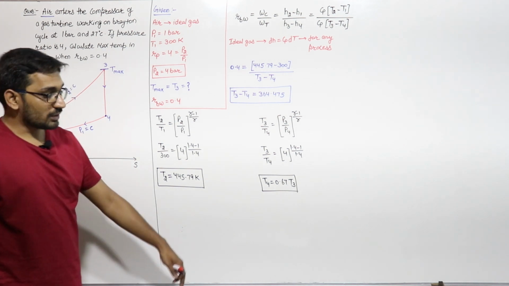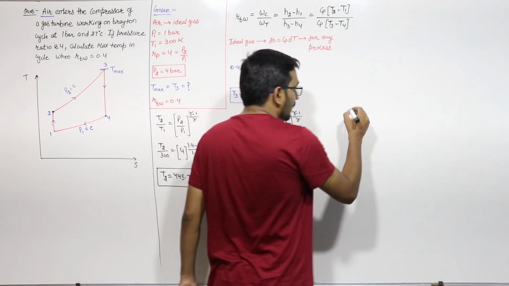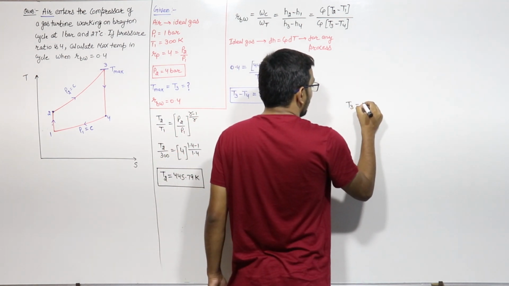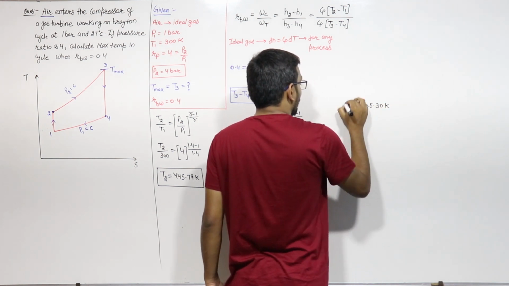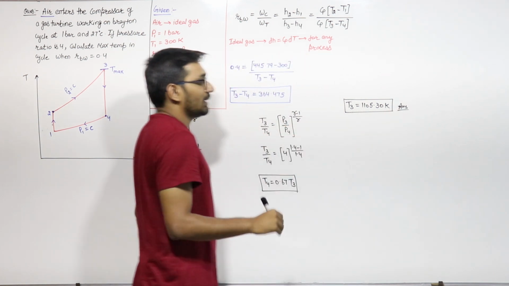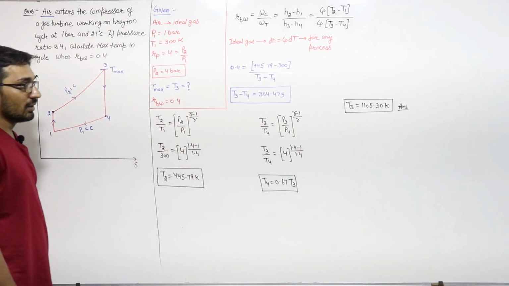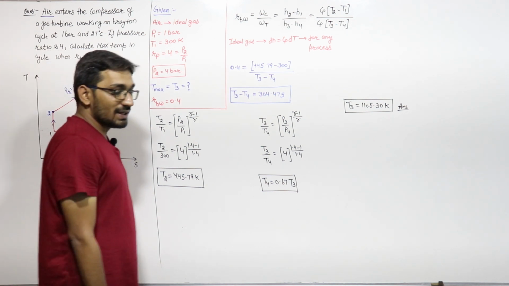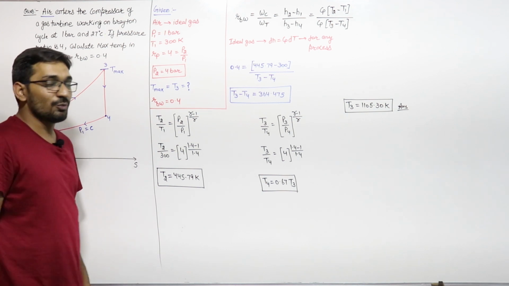And if you put this value in this equation, then you will get T3 will be equal to 1105.30 Kelvin. This is the answer. Very basic question, GATE level question. They can ask this T3. T3 can be calculated like this. And I hope you know these things. We will also discuss when we are solving further, more good numericals.